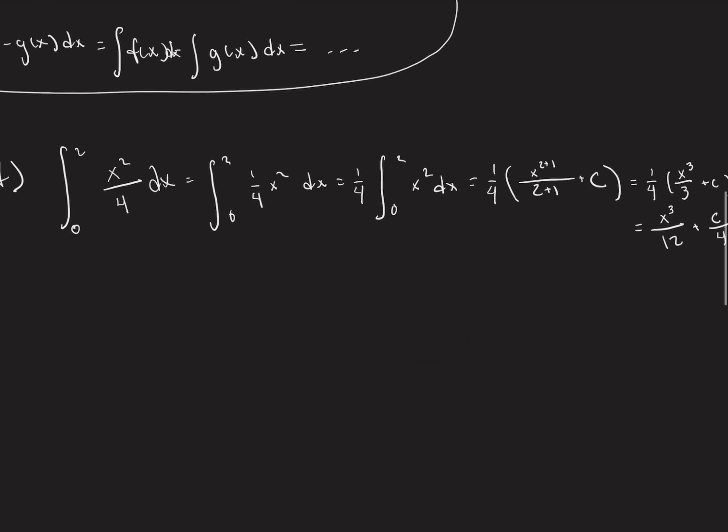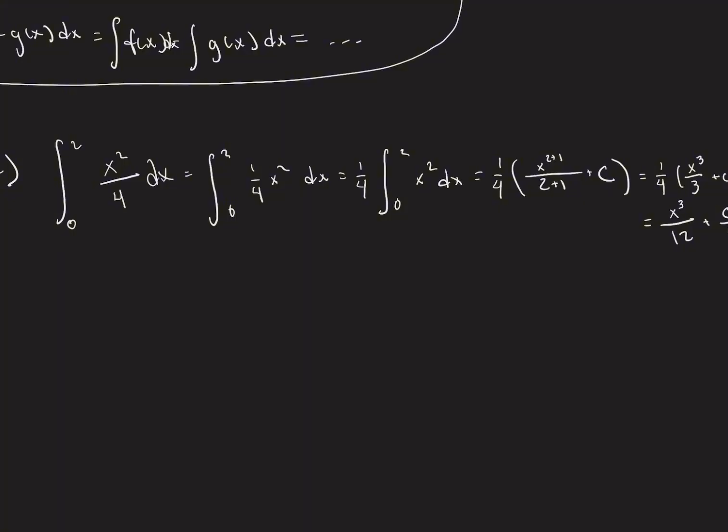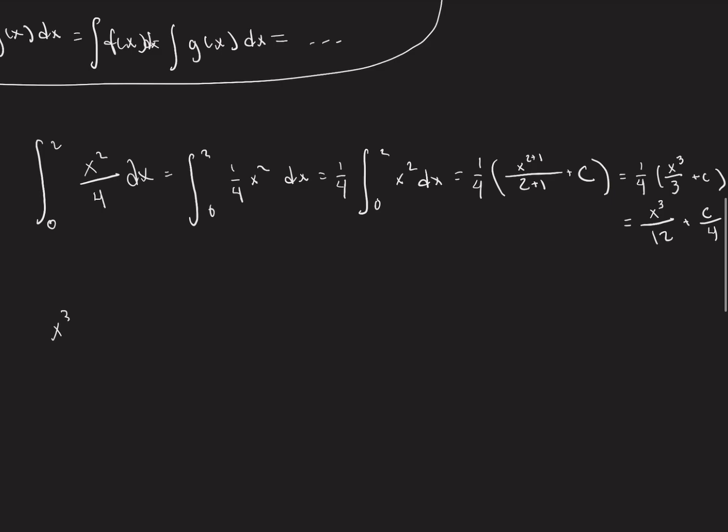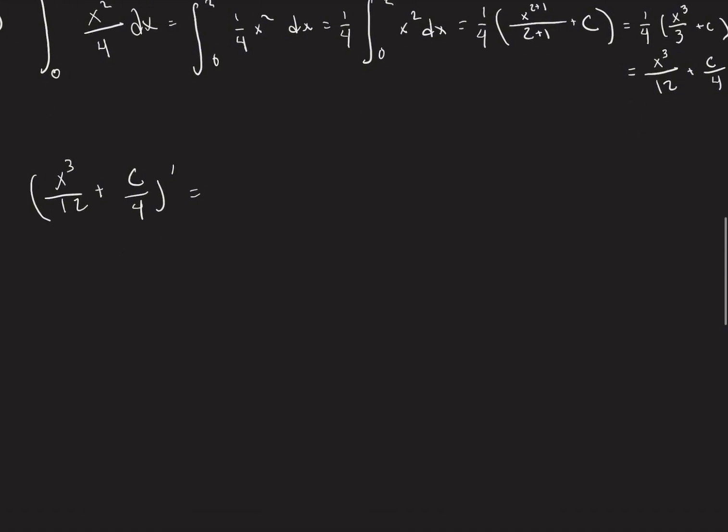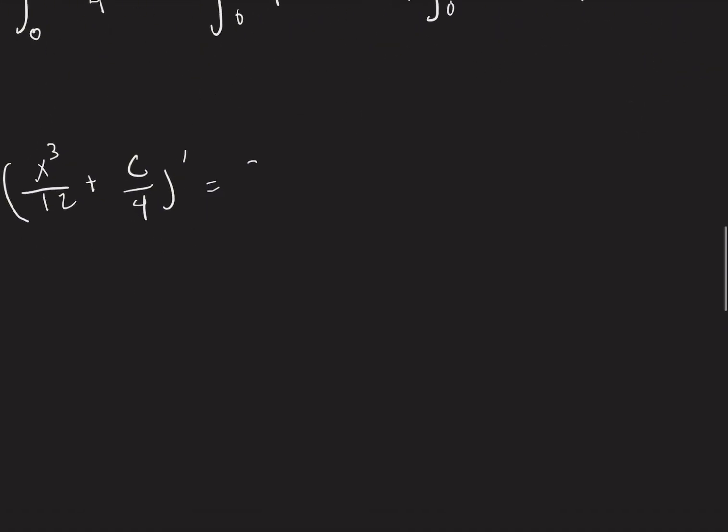So for instance, say we have the antiderivative x to the power of 3 divided by 12 plus c divided by 4. And then if you find the derivative of this, it would just be 3x to the power of 2 divided by 12